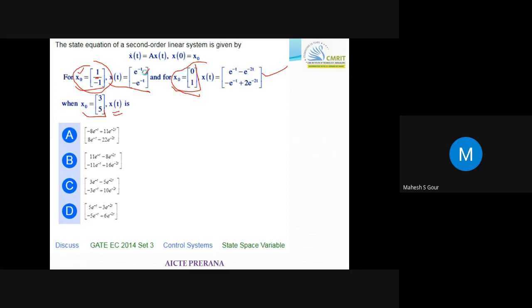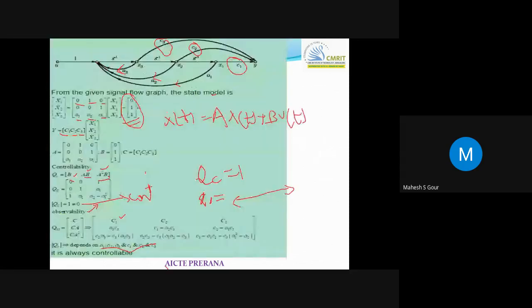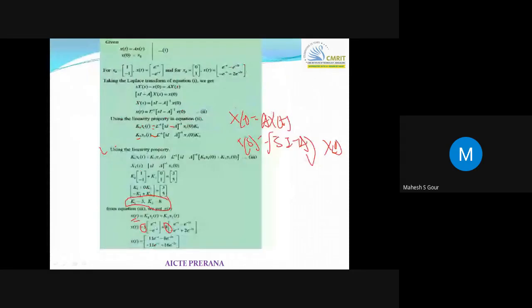Okay, I'm taking this initial value 1 and -1, 0 and 1. So I'm measuring 3 by 5. How I got? Means what proportionality I multiplied with this. Whether I multiplied with 2, 3, 5. Okay, with what proportionality I multiplied this, and with what proportionality I multiplied with this, so that I got these two answers,